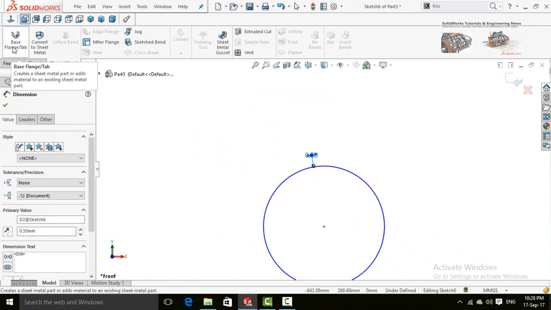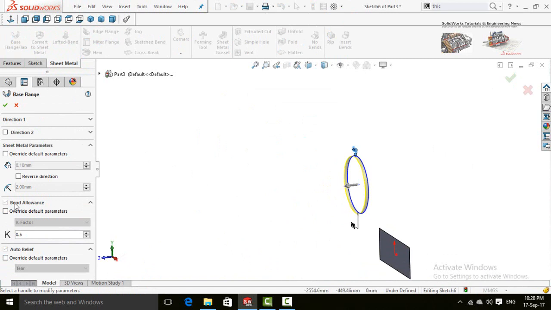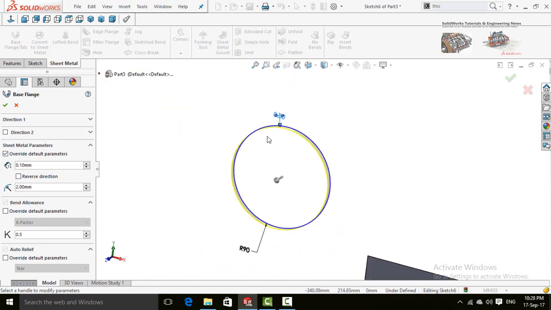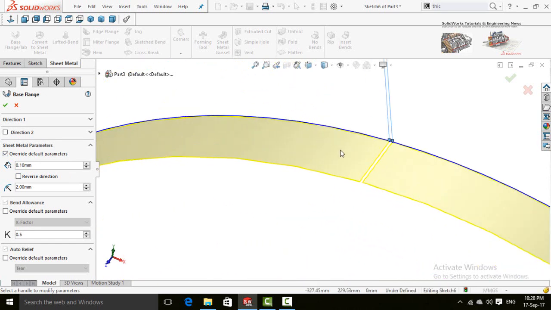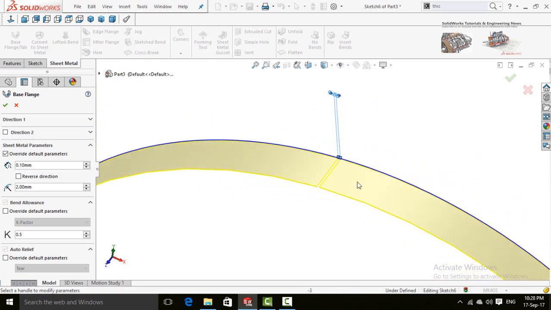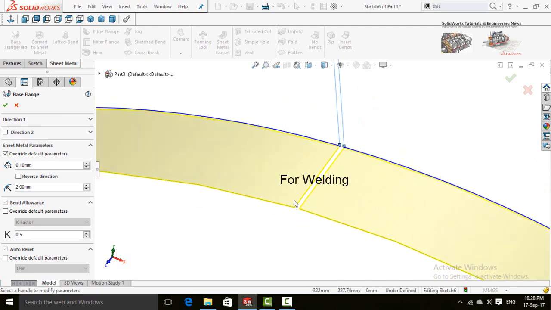So now in the sheet metal tab select base flange tab command. Check this box, override default parameters. Here is the wall thickness for the pipe. So let me tell you about rip. As you know, pipes are formed with the sheet. When they bend the pipe like this, on the edge there is some distance between both of the edges, which is called rip. So